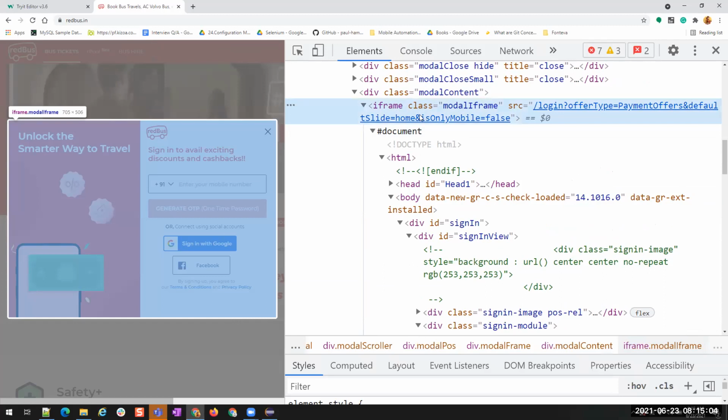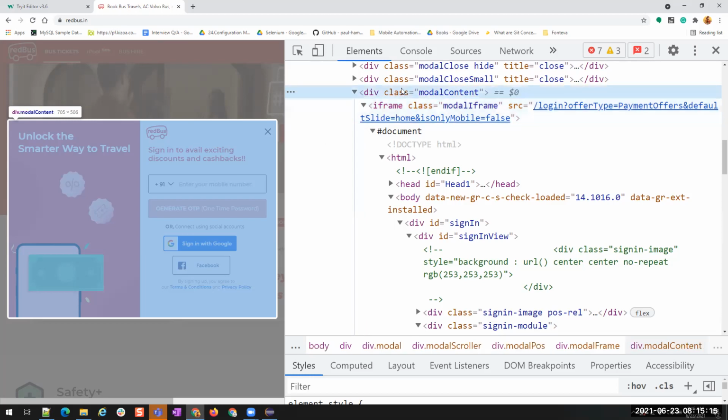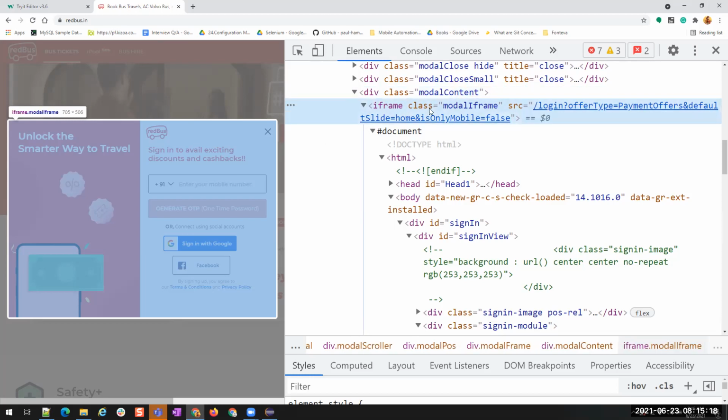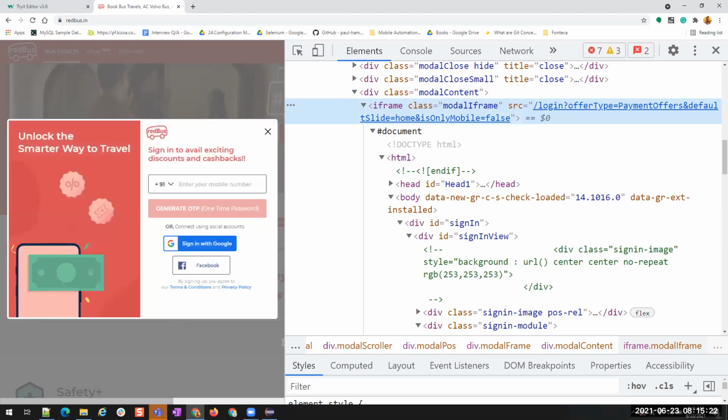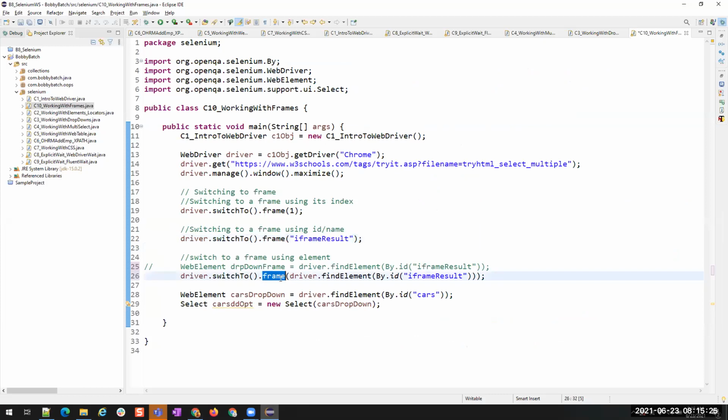So in that case, I have to find this frame using an element location technique, by using XPath or CSS or anything, whatever we want. I can use some attributes like this class, or I can use the parent and then switch to its child. I can find this element and pass that element to this switch to frame method. That's what we did. We can use any one of these 3, either this or this or this. We are not using all the 3 at once. Clear?